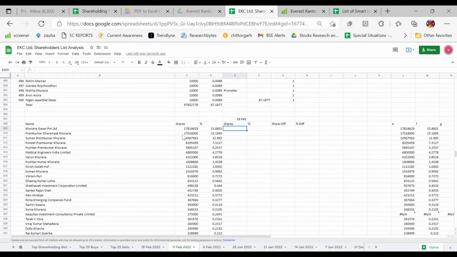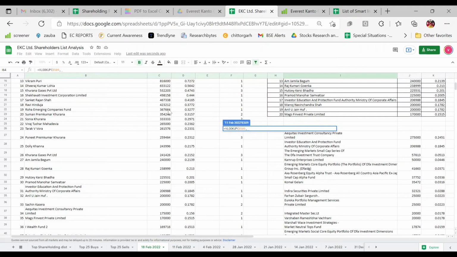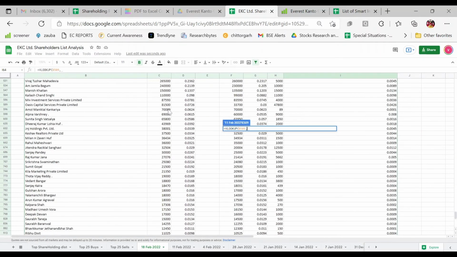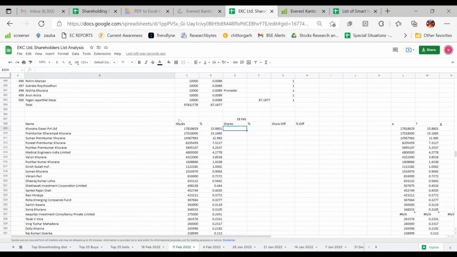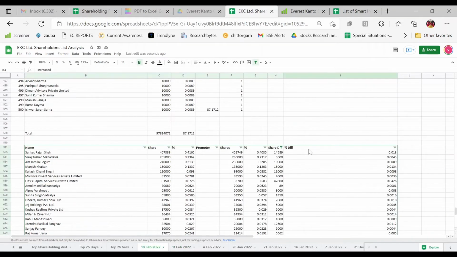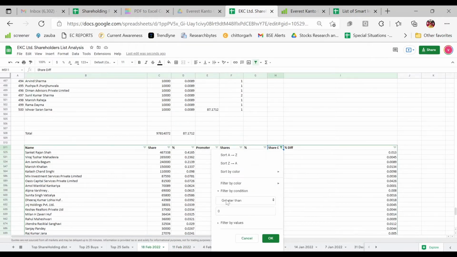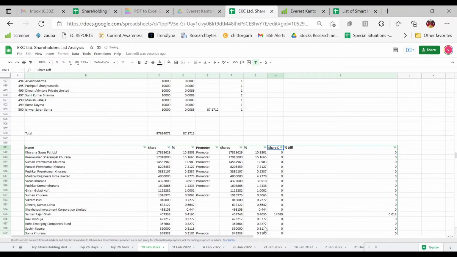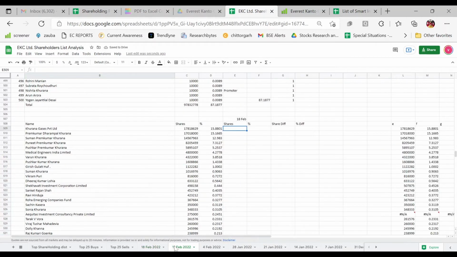I'll look for the name of these shareholders in our current list and see who has gone out, like who is in this list and not in the new list. So I'll look for the same formula, VLOOKUP, select the value we want to look for, go in our new list, the one which has duplicates removed. Oh, there's a filter active here. I'll just go and remove the filter here, nullify it, select none instead of greater than, and okay. So the filter is nullified here.